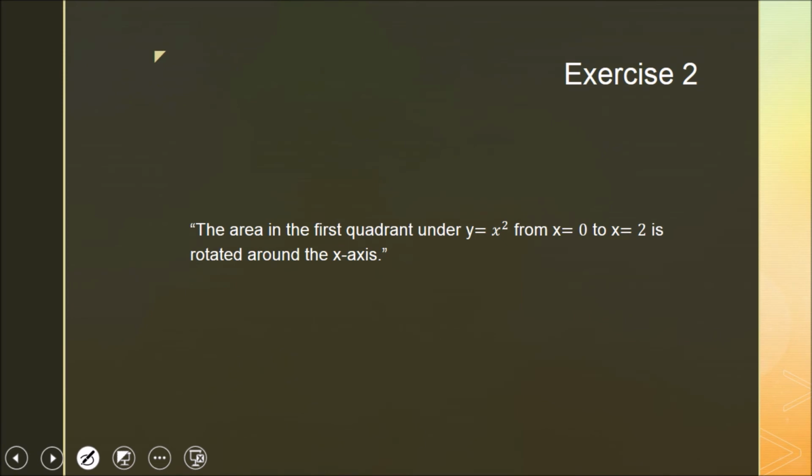So now you're going to try one on your own. You can pause this video and take your time and solve it. So now that you're back, hopefully you used the disk method because it's rotating around the x-axis, and your answer should be